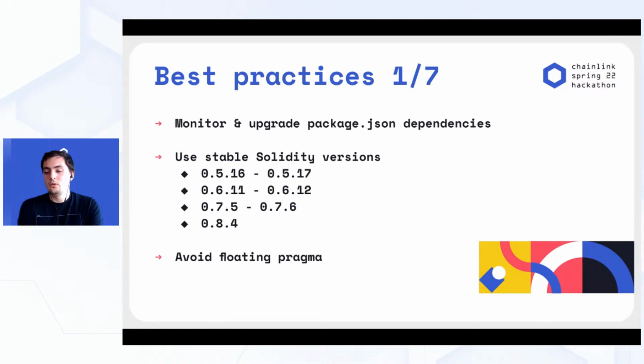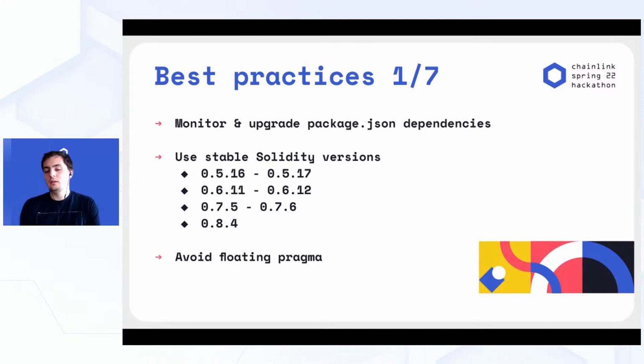Then number 2, use stable Solidity versions. Solidity is also a language that evolves, and there are several Solidity versions, including several patches, new features, fixing vulnerabilities, fixing bugs, and so on and so forth. So this is a list of some of the stable Solidity versions: 0.5.16, 0.5.17, then 0.6.6, 0.6.8, 0.6.11, 0.6.12, 0.7.5, 0.7.6, and 0.8.4. So this is like the safest bet. If you're compiling with your Hardhat or Brownie project or Truffle or Foundry with these Solidity versions, you're pretty much